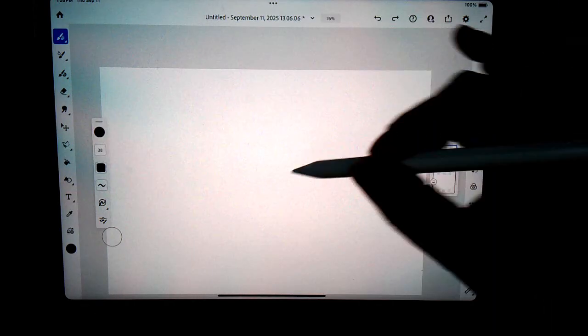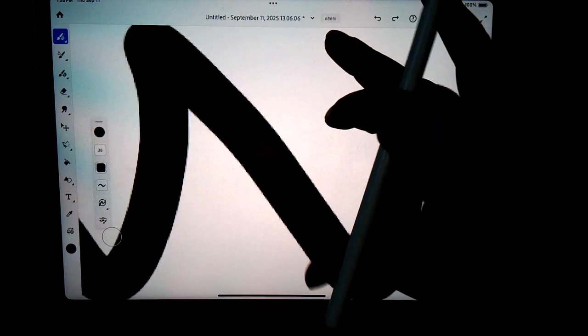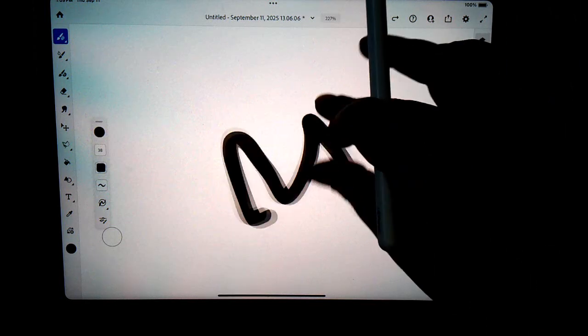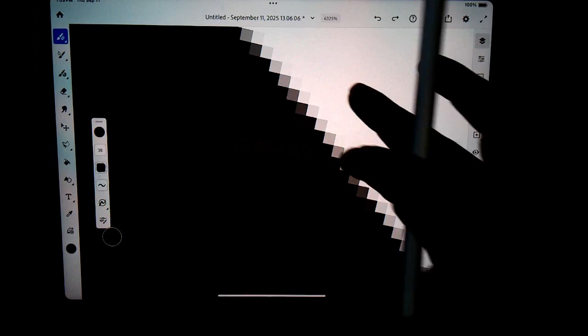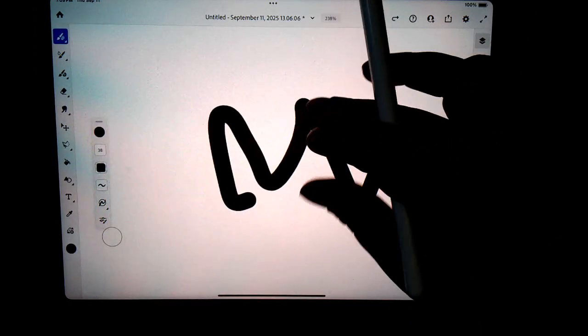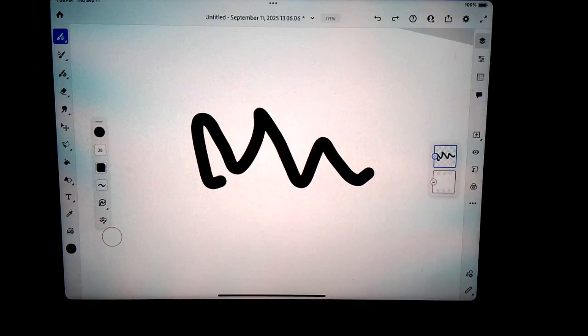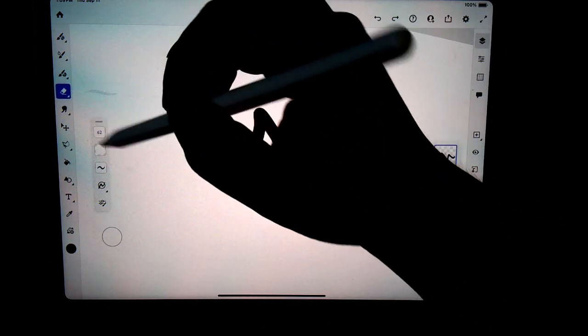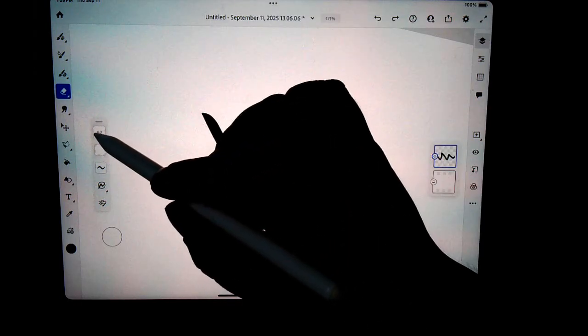If I draw here and then I zoom in, you can see how this line has a pixelated edge. That's because the brush is telling it at the edge how to kind of fade out so that from a distance it looks like a nice line. But zoomed in, this edge looks funky. The raster is just fine. However, if you want to scale it much smaller or much larger, there is a better option in the digital world, which is simply, I'm going to make this bigger,